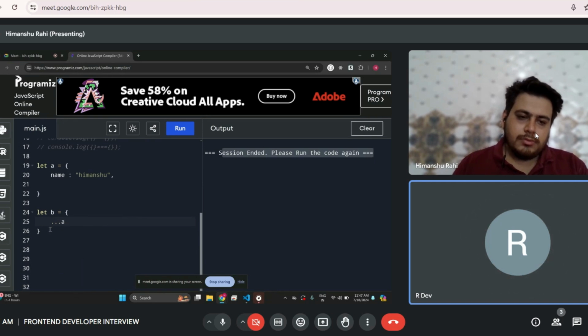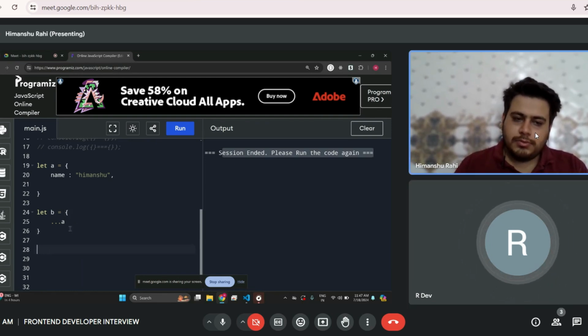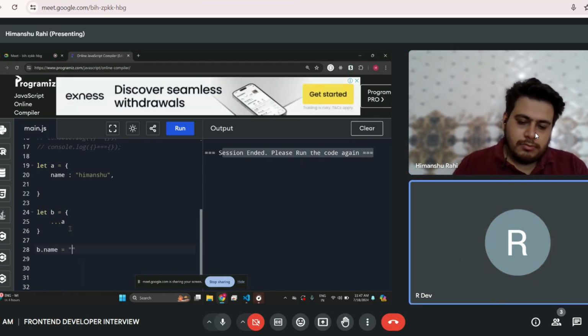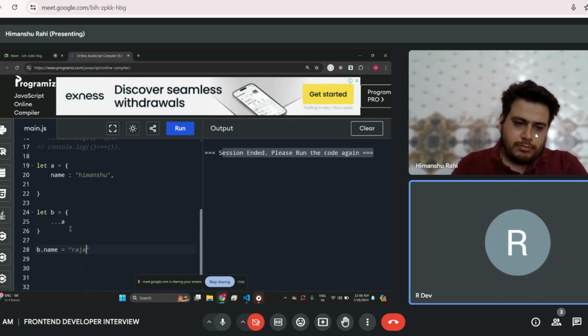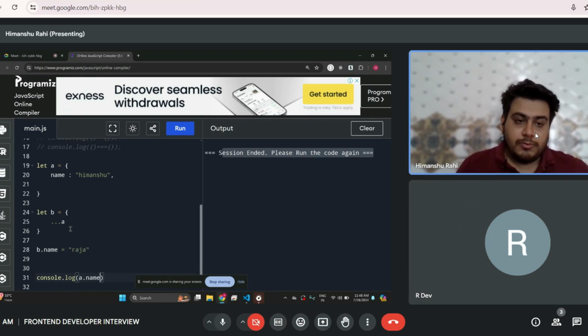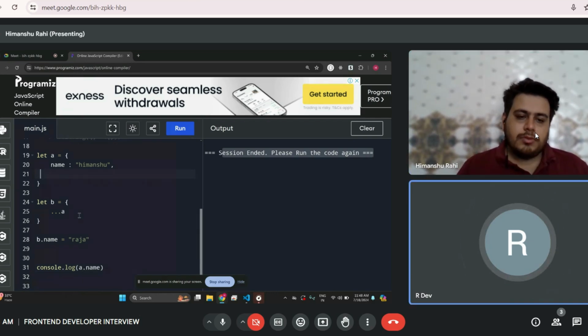And outside that, write another b object dot name. b dot name equals to, write any other name. And write console log of a dot name. So what will be the output?